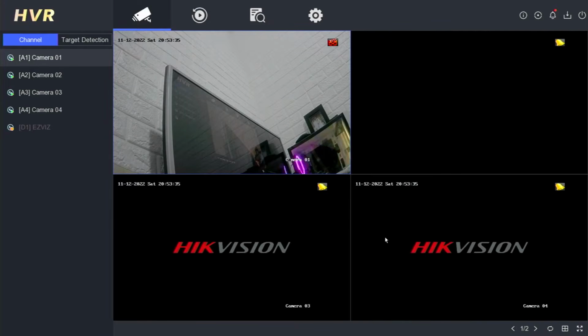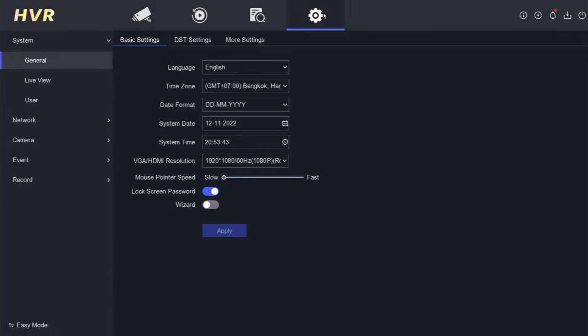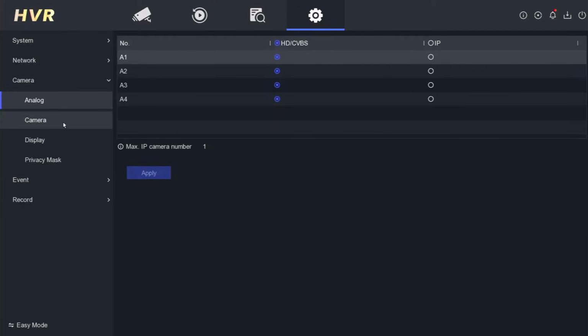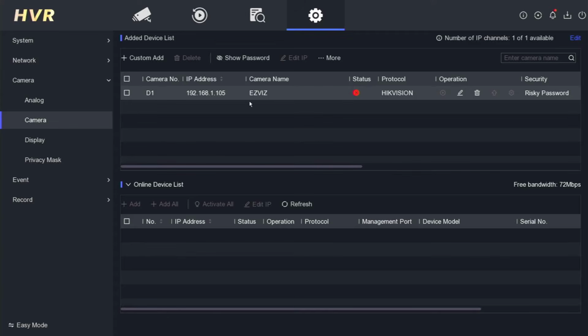In today's session, I will share a tutorial on how to resolve the Hikvision IP camera exception error. First, let me show you the problem. Access the configuration menu, then select the camera, and choose the camera again. You can see a red cross with the message, IP camera exception. Now, let's try to identify where the problem is and then fix it so that the camera can display again